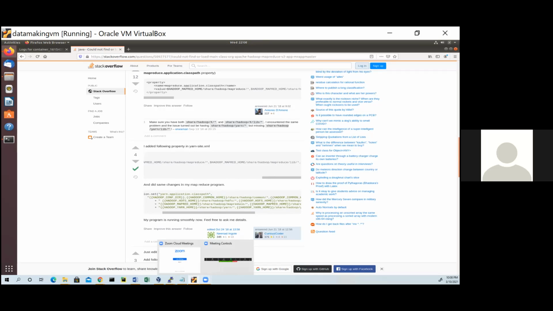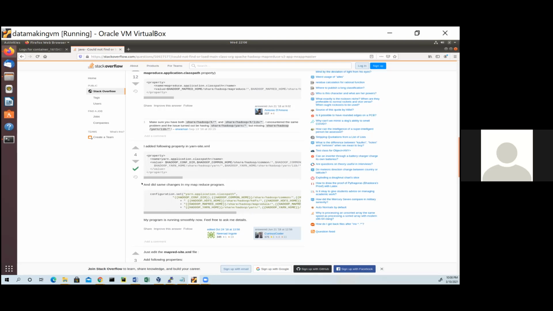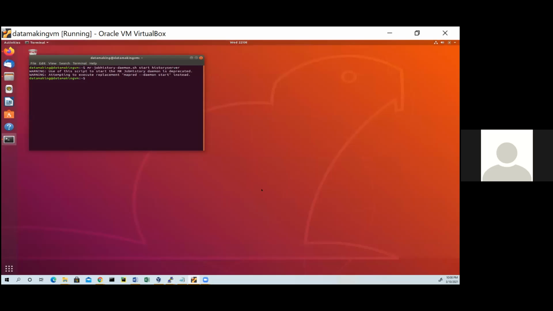So what you do is you copy this property tag. Now use the left side horizontal scroll. This one, the configuration. Just copy all the properties, starting from the opening tag, copy and put it in our file, whatever file you opened.